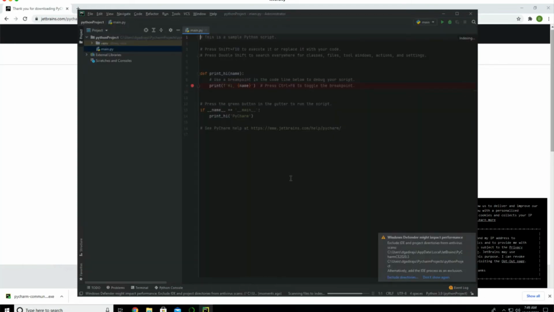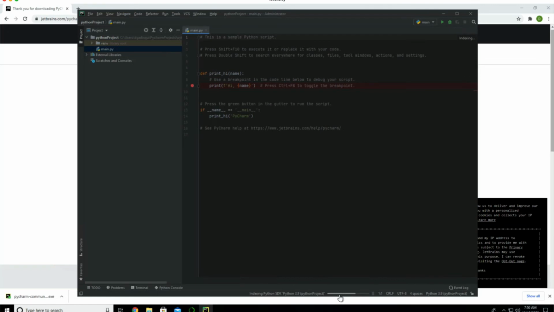Now it has made some progress, and you can see that it is still in the process of setting up the project. It is saying scanning something, it has passed. Now it is saying indexing. So it all takes time to set up the project for the first time. Also, Windows Defender is impacting a few things. If required, we have to open certain aspects in the Defender. For now, I'm closing this. We'll come back to this at a later point in time if I have to fix it.